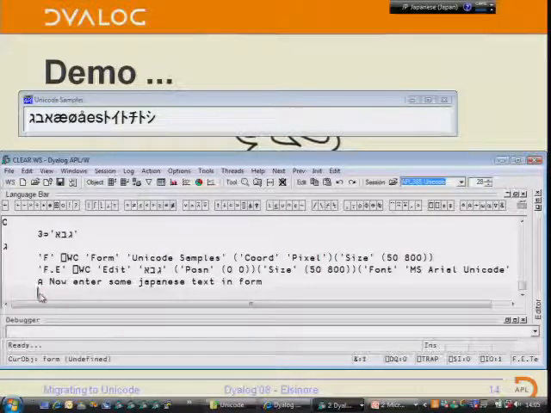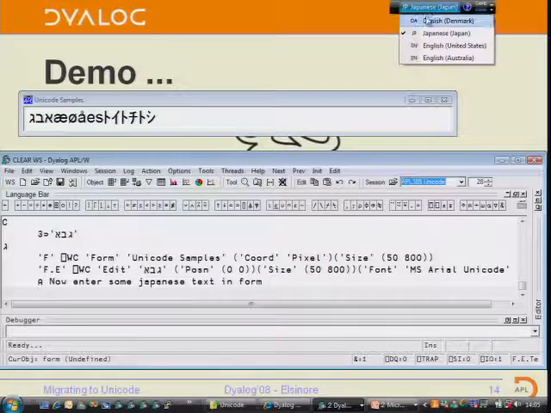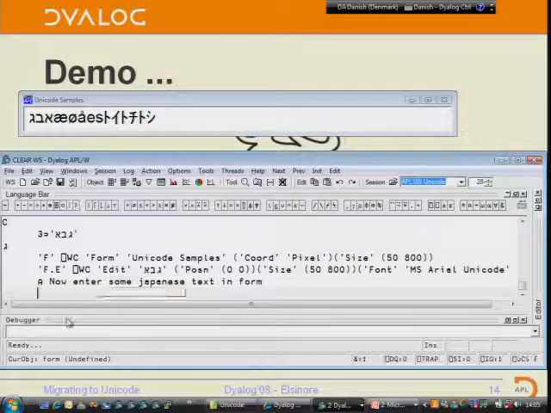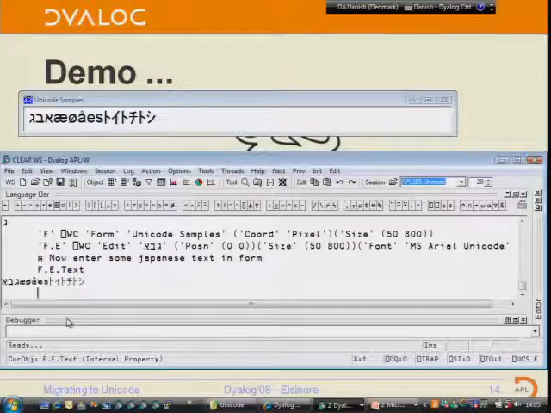The control behaves as if we were writing in Arabic or whatever. The control knows how to deal with Arabic or Hebrew, and it knows how to deal with Japanese typing, which in this case needs some interpretation. It means that the keyboard works as that person would expect it to.